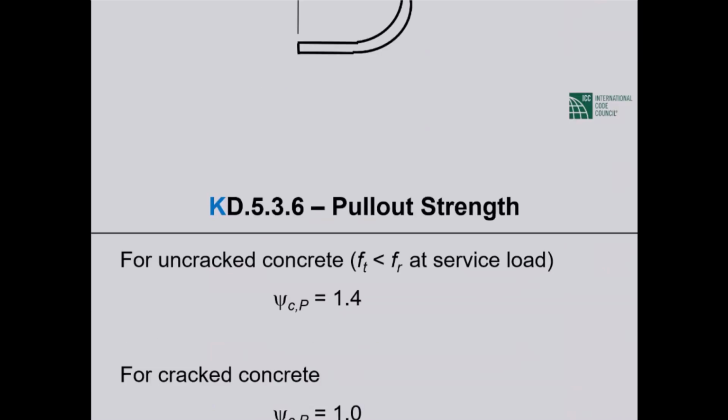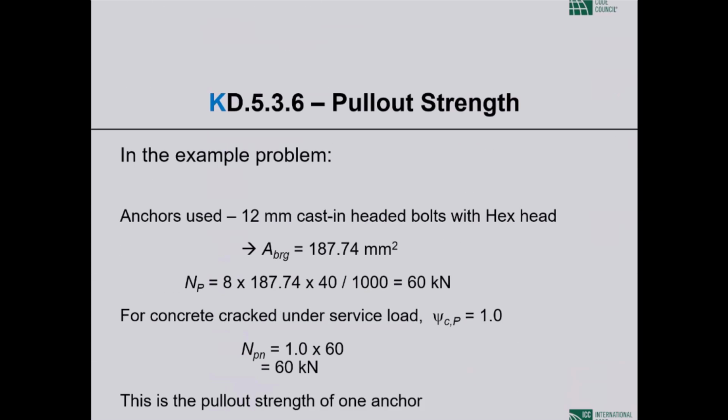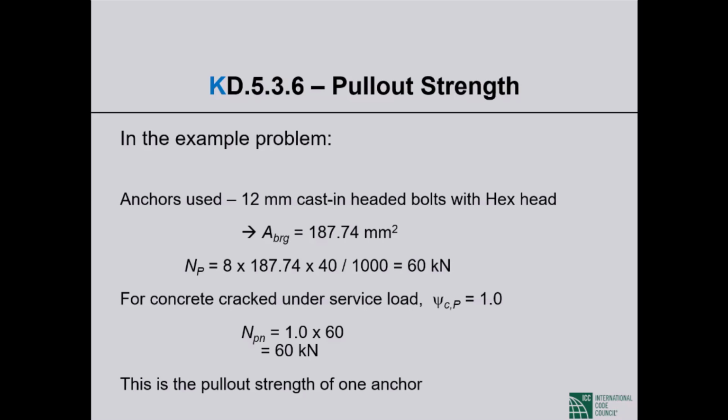Okay, for uncracked concrete, the factor psi_cp is 1.4. For cracked concrete, psi_cp is 1.0. So coming to our example problem, we have 12 millimeter cast-in-place headed bolts with hexagonal head. Bearing area, the manufacturer will give you